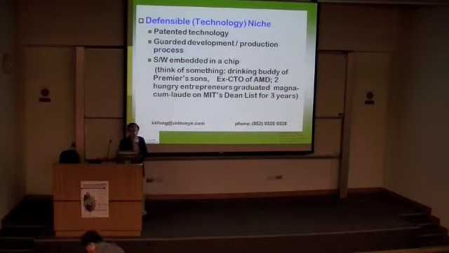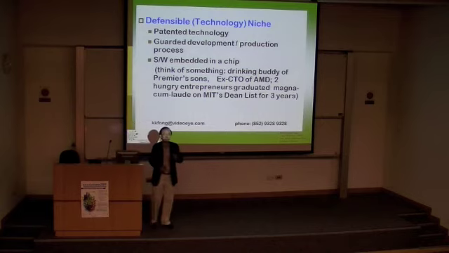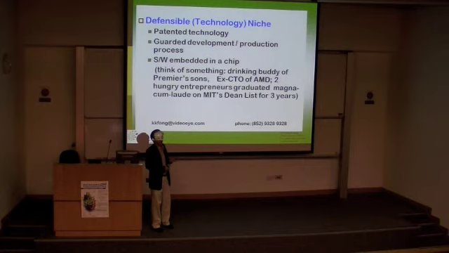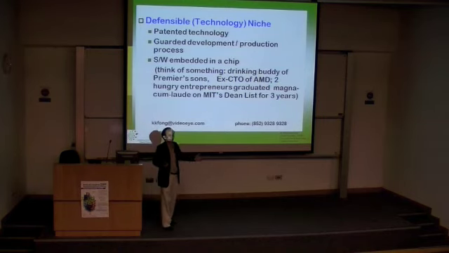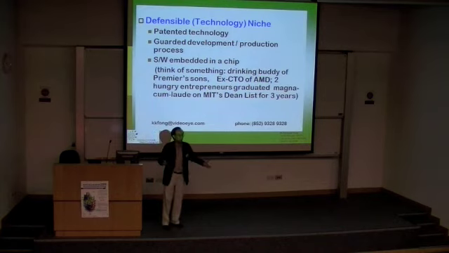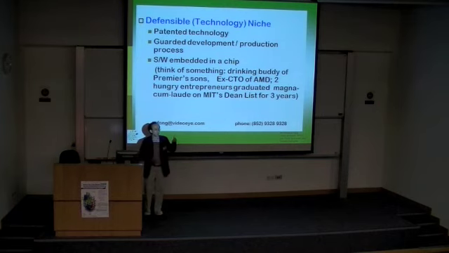For example, you have a patented technology, or you have a guarded secret of production, or you embed a software in a chip. Now, for a social enterprise, probably you do not have this. But you still have to think about something. For example, well, now you are in the university. For example, the Premier of China is your drinking buddy, or the grandson of the Premier of China is your drinking buddy every other day, after work, and you go to a bar. So this is your niche, because you know somebody, and then this is